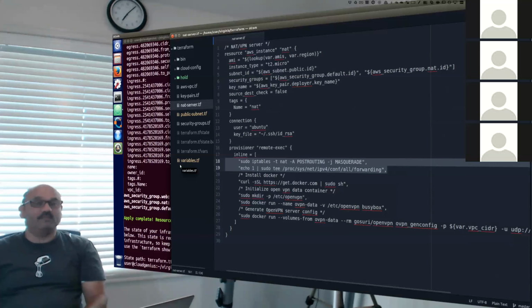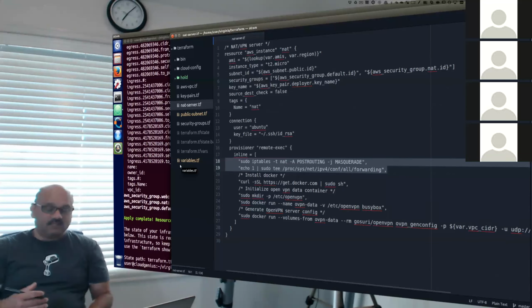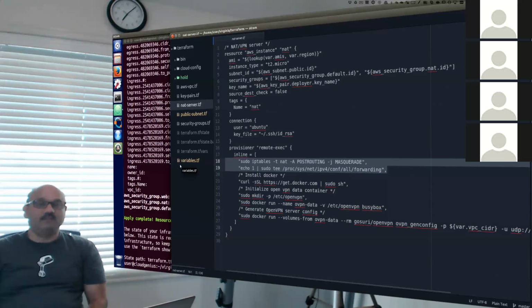So it becomes an IP forwarder, IP packet forwarder. And that is a comprehensive definition of a NAT device. You masquerade and you forward traffic. Line number 18 masquerades. Line number 19 enables traffic forwarding, packet forwarding. That makes it a router, basically.